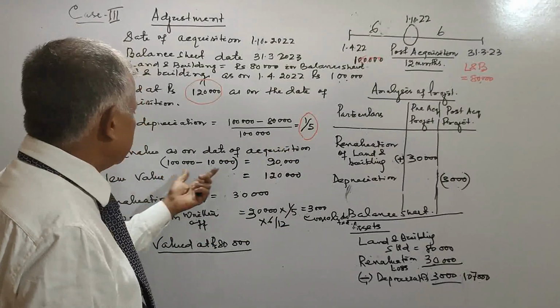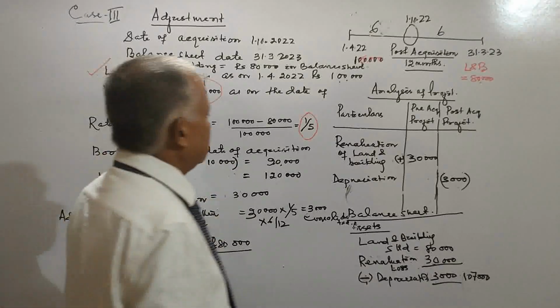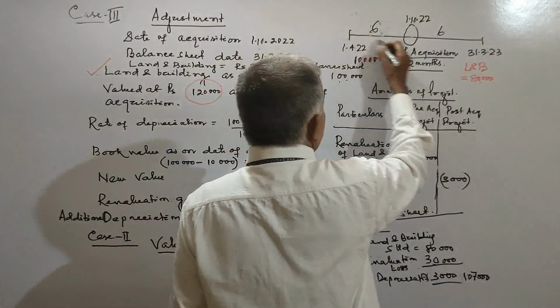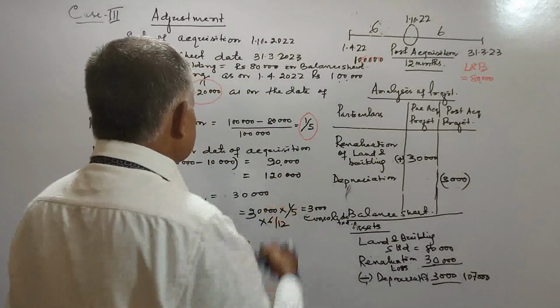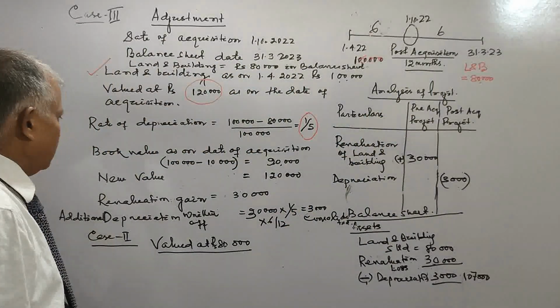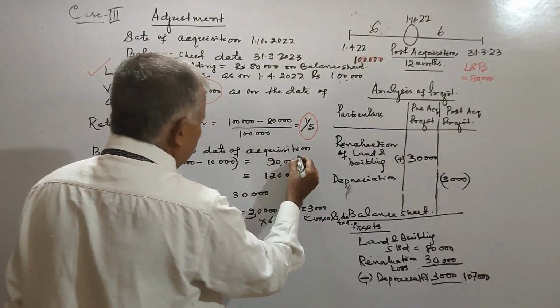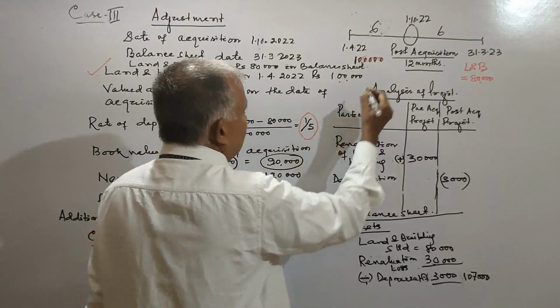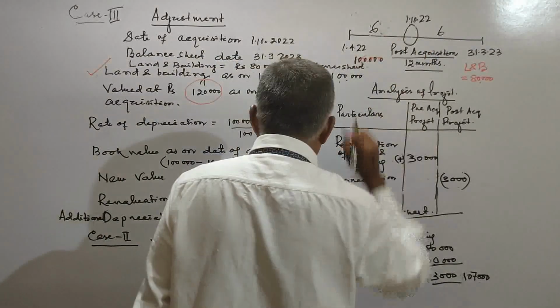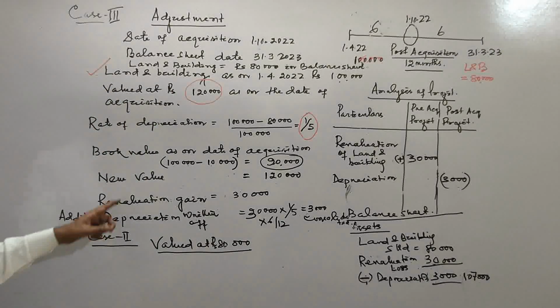For 6 months it is 10,000, right? For the total year it is 20,000, for 6 months it is 10,000. So book value will be 90,000 as on the date of acquisition, and this value has been changed to